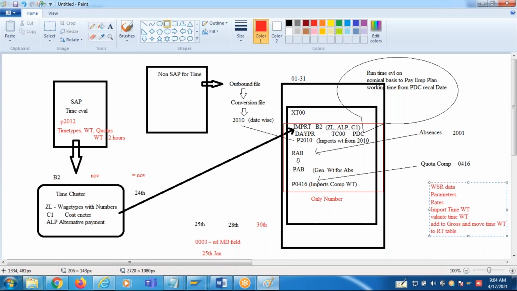First, import work schedule data and then calculate the parameters. Using the parameters, you calculate rates. Once rates are ready, import time wage types, evaluate the time wage types and add the wage types to the gross, and move the wage types to the RT table.